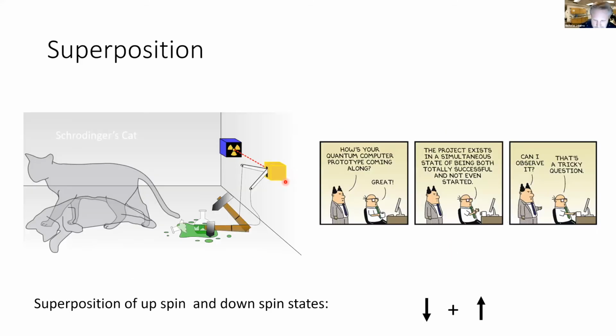And of course, there's this idea of superposition, right? If you have a superposition of 0 and 1 at the same time, there's equal probability to measure it and see that it's either up or down, right? It's the same idea as Schrodinger's cat, where you put the cat in the box with a vial of poison, and if you don't look at it, it can really be in both states at the same time. Or if you're working for a quantum computing company, you can have a simultaneous existence of both completely done and completely not. So